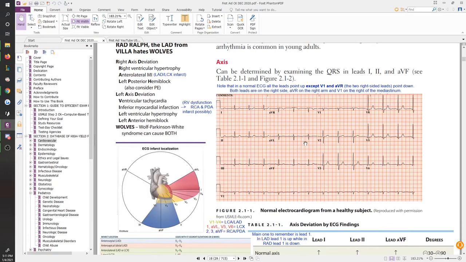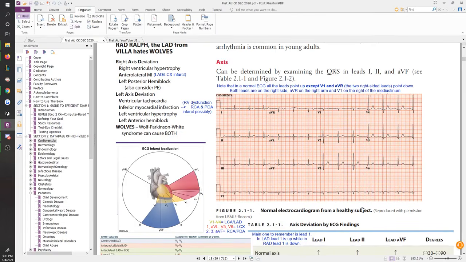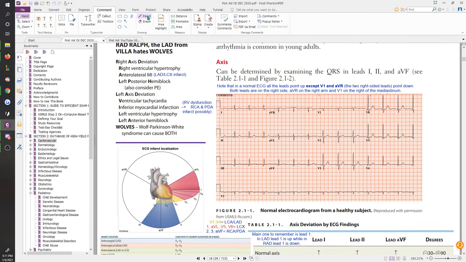So let's look at this blank ECG over here and assume you were given an ECG, right? So here, this is your normal ECG. Let me grab my pencil. So this is your normal blank ECG from a healthy subject. And of course, different ECGs you might get that are pathological might have different presentations, right? This is only going to be true for a normal patient, and for other ones, you're going to have other things that you heard of in Step 1, such as ST elevations, ST depressions, messed up rhythms, right? Or you could have fibrillations where you have too many P waves, or the flutter sign, and so on and so on.